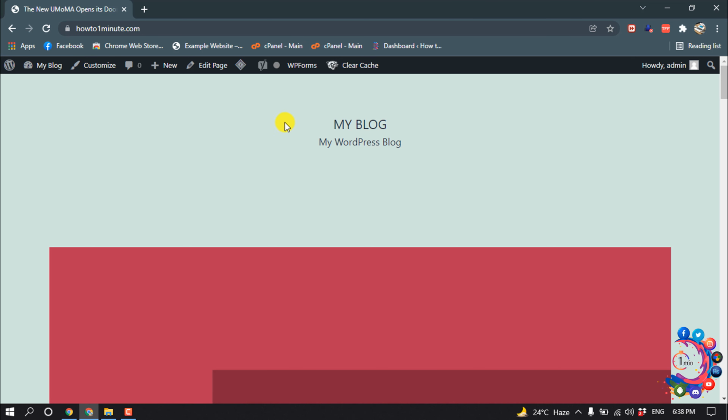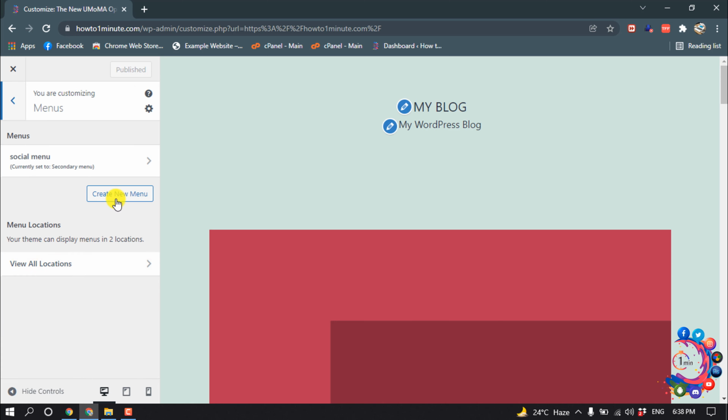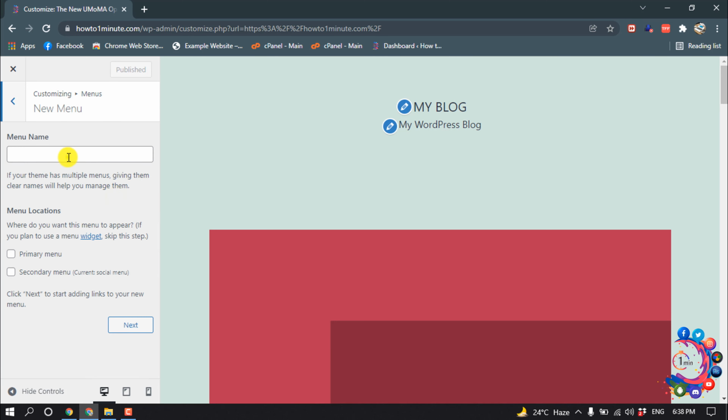So open your website and then click on customize and click on menus, create new menu and give here your menu name. I'm giving here main menu and then select your menu location. I'm selecting primary menu. Next,